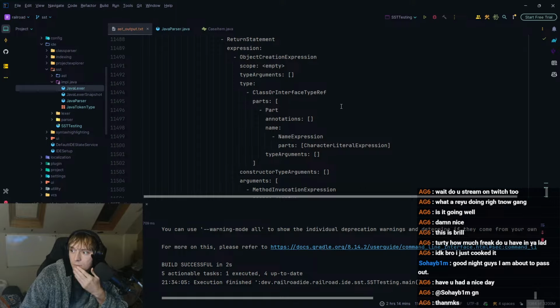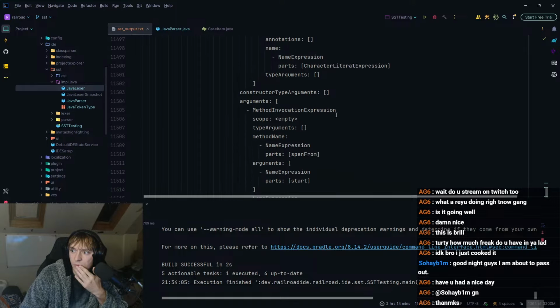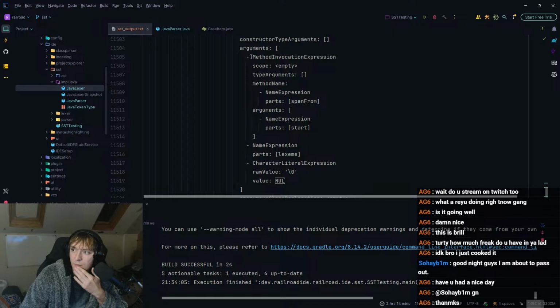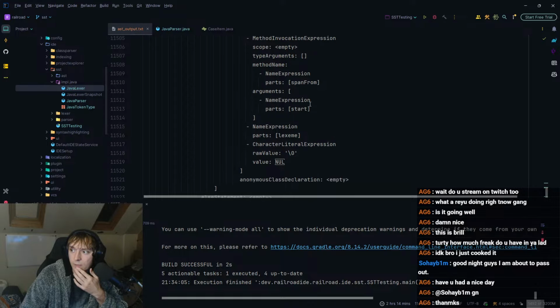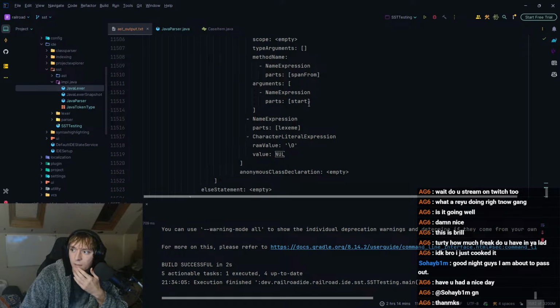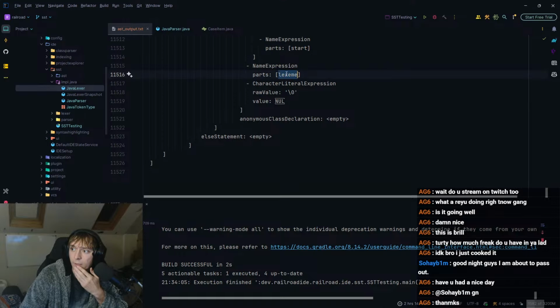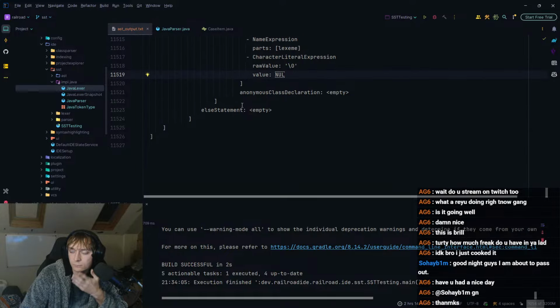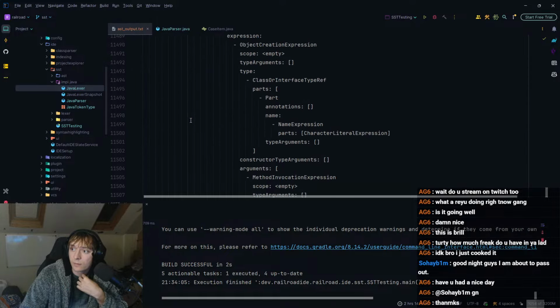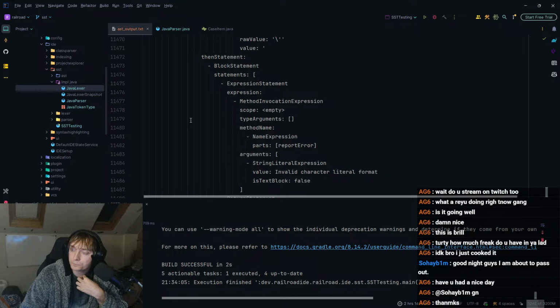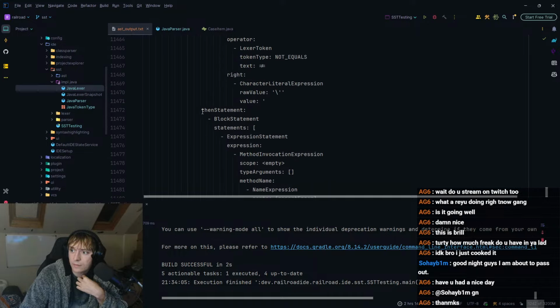So it's returning a new character list or expression, taking in a method invocation expression of span from, taking in the start, followed by a lexeme, followed by a character literal expression, followed by nothing, basically.